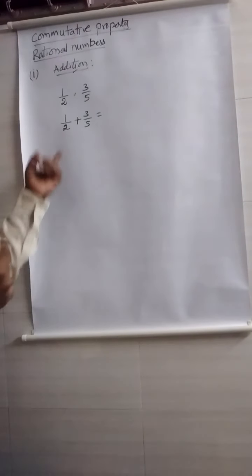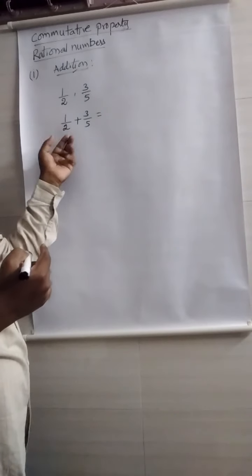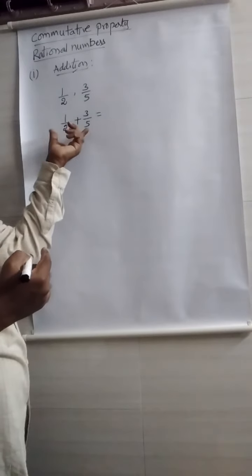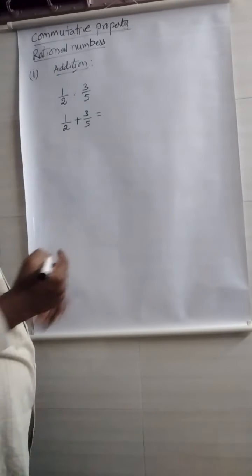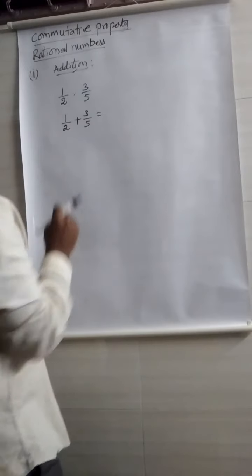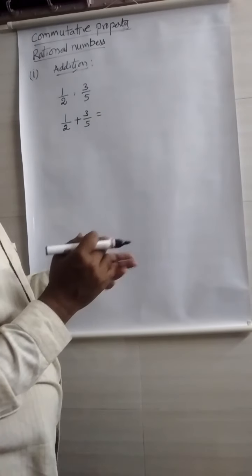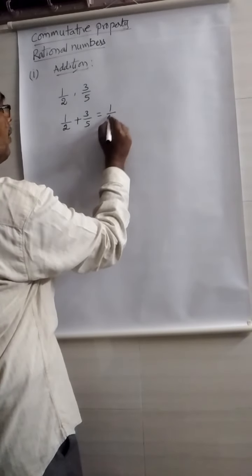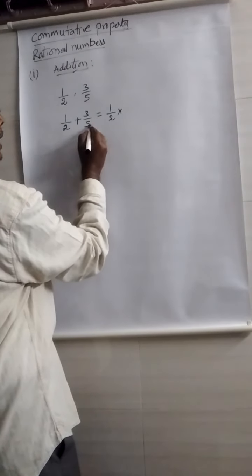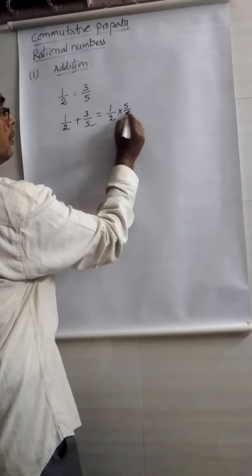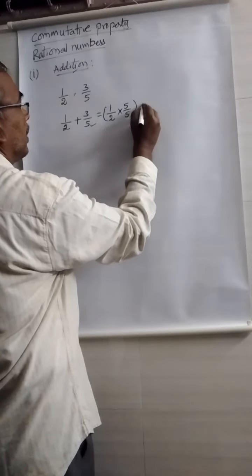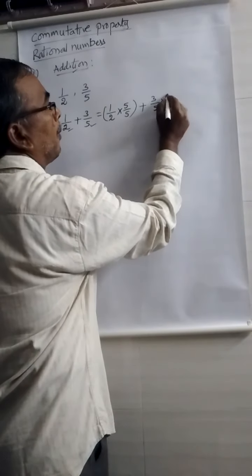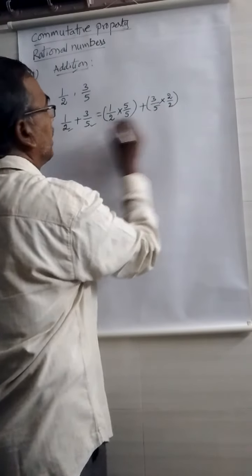Now here you observe, what are these two? These two are rational numbers, but these two are also fractions, not like fractions. When you are going to sum these two, first you may convert the given two rationals into like fractions. How do you get those two? You may convert 1 by 2 into, you write this one here, 5 by 5 plus 3 by 5. What is the denominator here? 2. So you multiply both the numerator and denominator with the 2.